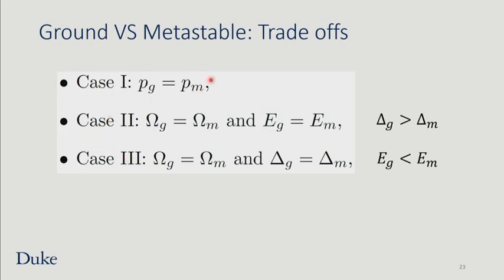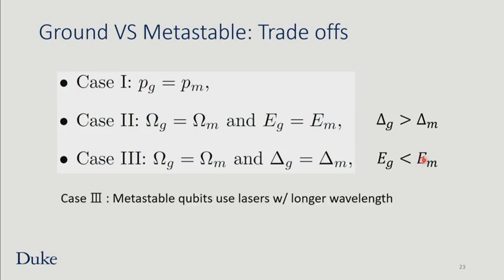You already saw the first case. And for case 2 and 3, we're fixing the Rabi frequency. And we have an additional choice of fixing either the electric field strength or the detuning. And if we're fixing the detuning, it means we're using a larger laser power for metastable qubits. And that sounds a little unfair, but I'm going to argue it's actually reflective of the experimental constraints because first,